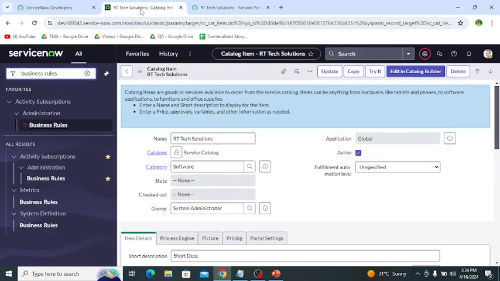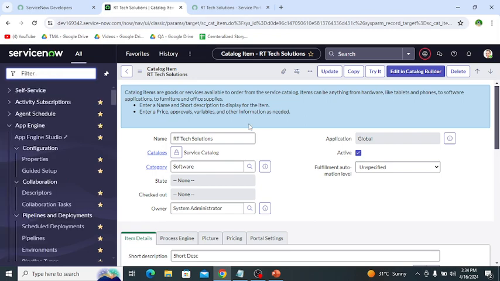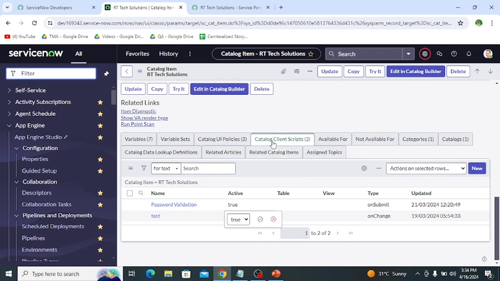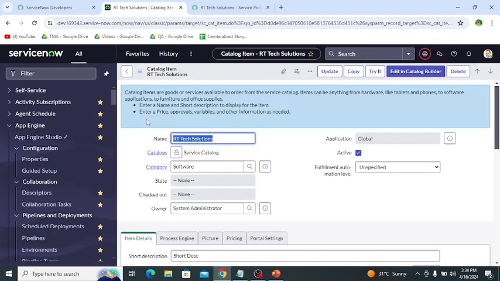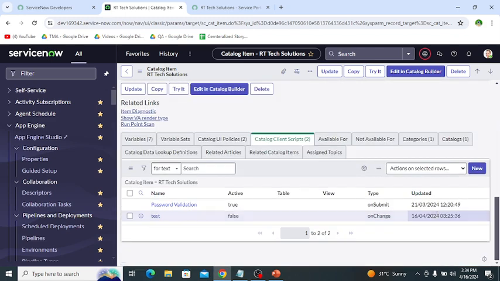First we open the catalog item, and then for client script, you can open the catalog client script section and click on the new.